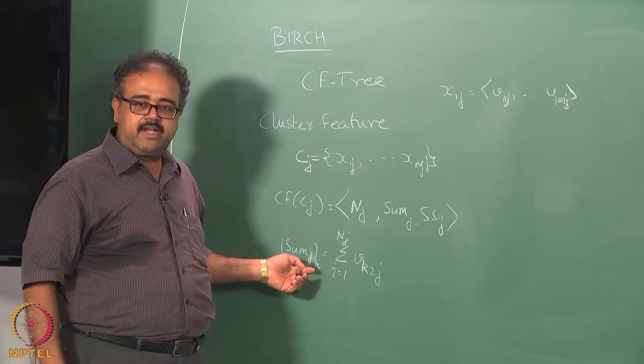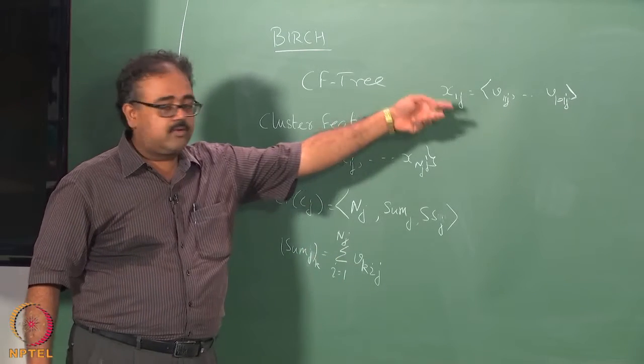So, sum j, kth coordinate of sum j is essentially the sum of the kth coordinate of all the